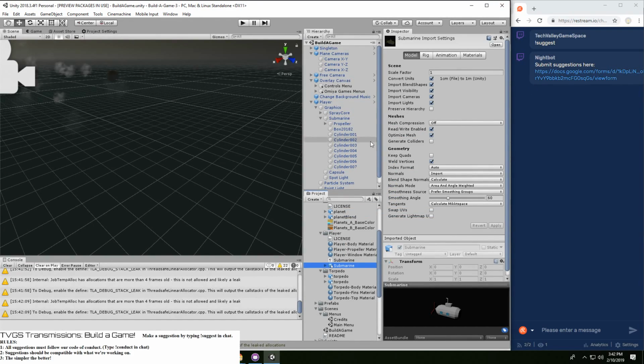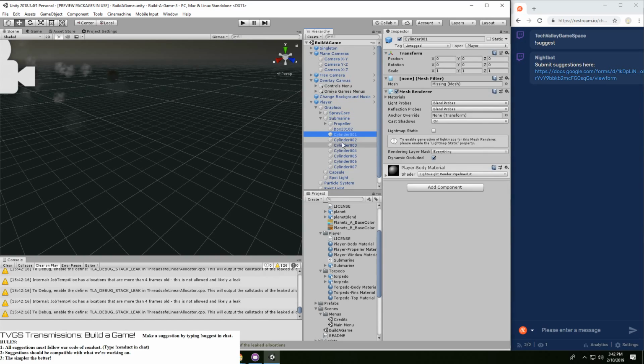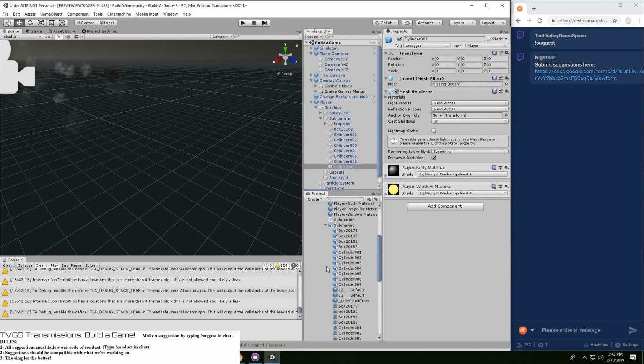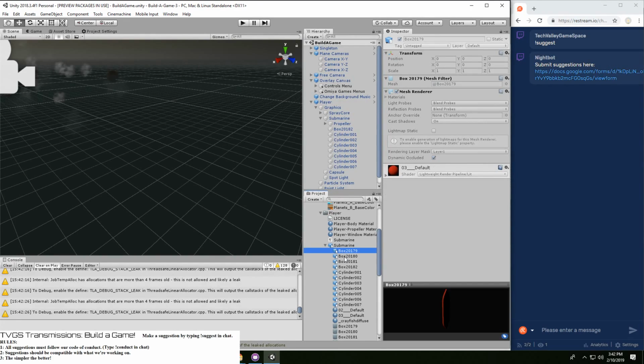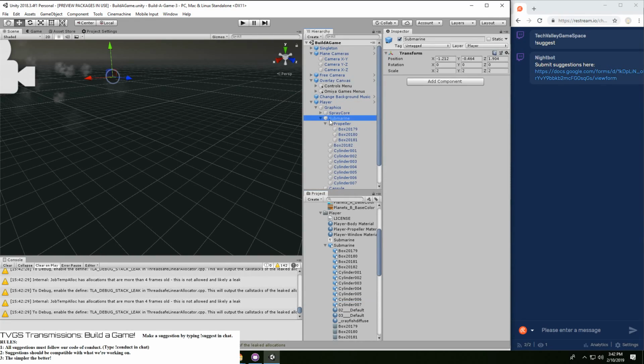So I think what happened was a lot of the submarine stuff was not there anymore, and we need to somehow correspond it to the original submarine information. Oh, because it's now, yeah, none of these names are corresponding to the previous mesh. All right, well, it looks like we have to rebuild everything. That's good to know.